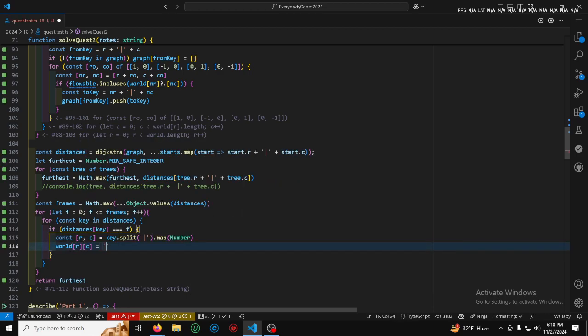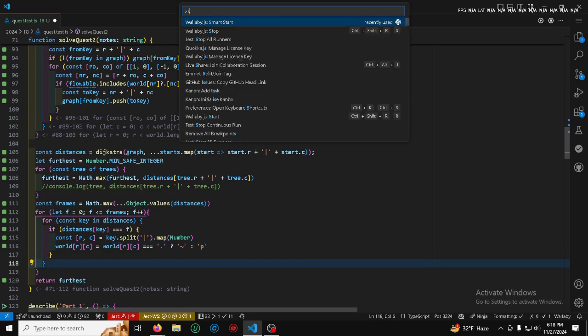RC equals a little water thing. Well, if it's a palm tree, if it's not, it's another thing. Equals a dot, otherwise a lowercase p. Sure, I guess. So we do that, and we do that for every frame, and then we just log the world, I guess,